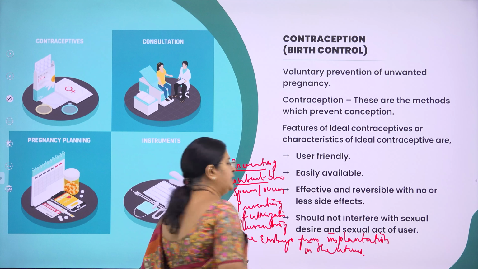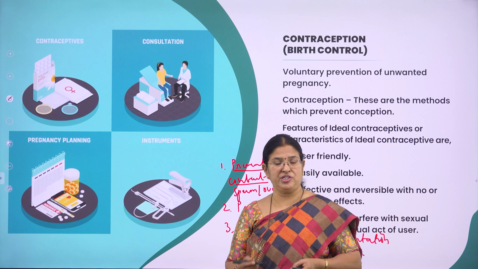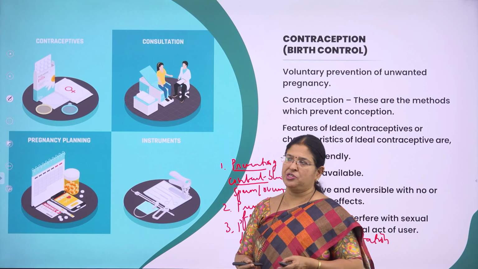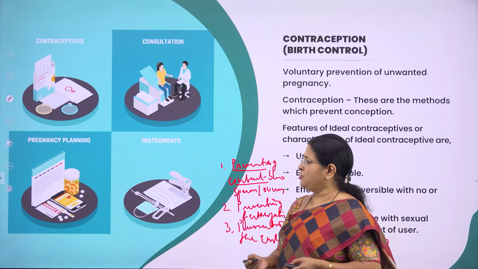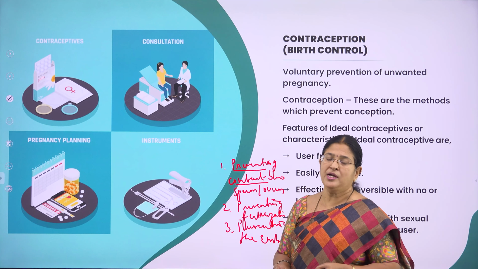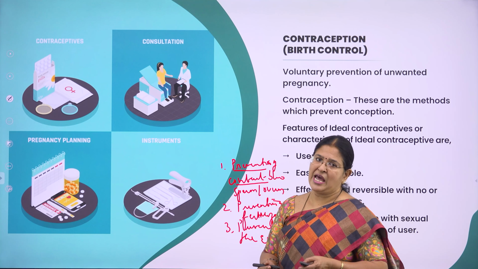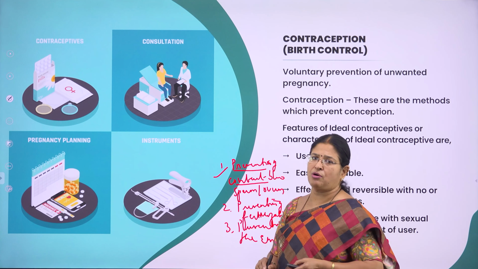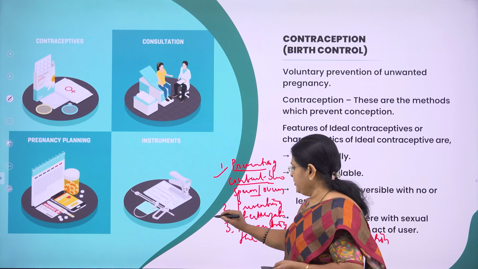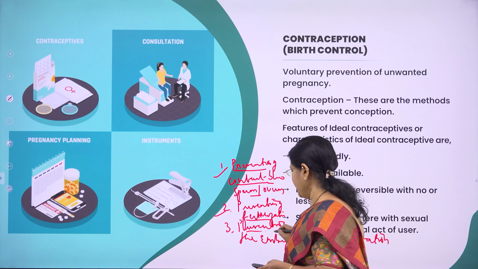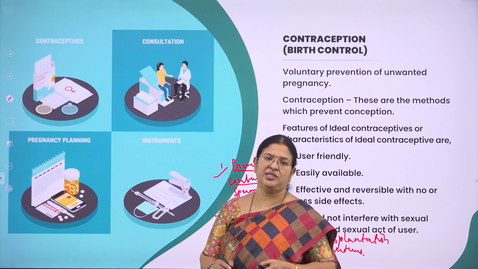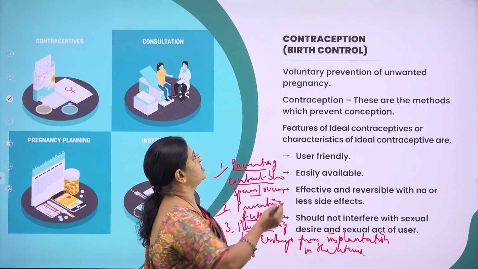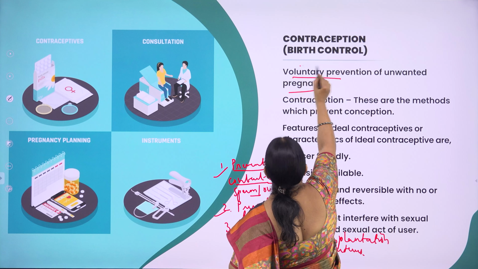Let me repeat, what are contraceptive methods? Prevention of conception is called contraception, and the methods implemented to prevent it are called contraceptive methods. It can also be defined as a voluntary or deliberate prevention of pregnancy after sexual activity. As I said, it works in one of three ways: preventing the contact between the sperm and the ovum, preventing fertilization, and preventing the embryo from implantation in the uterus, right?